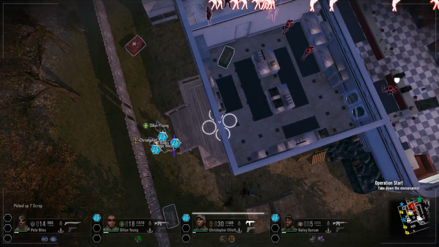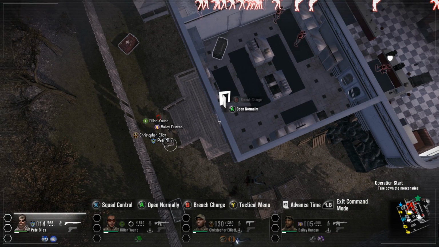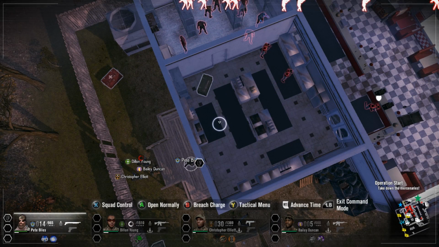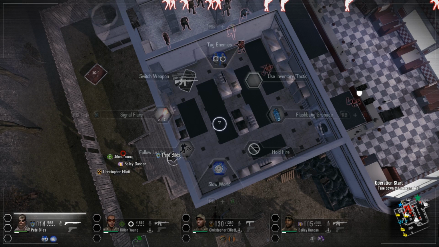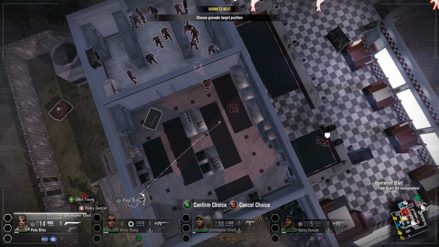So let's get closer, we can see inside. I'm going to have one of my team members hold back. And in command mode, my plan is to open this door. We've got 2 mercenaries over here, so I'm going to use an inventory item, what's called a hornet's nest. It's kind of like a flashbang on steroids. It lasts a little bit longer. So I'm going to throw this in there